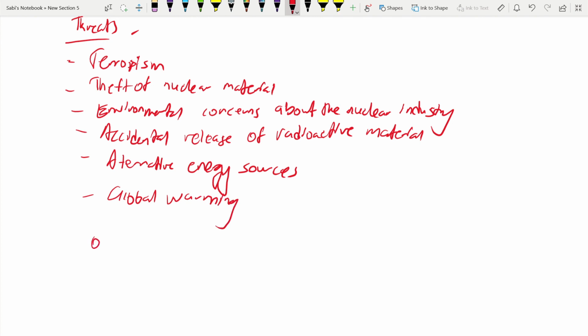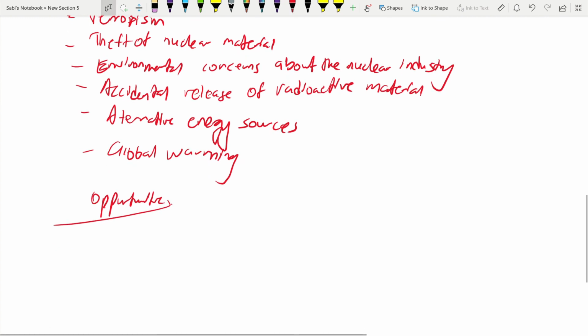Now let us go to the opportunities in the nuclear power station. What could be some opportunities? Again, new technology could be an opportunity. Okay, new technology to deal safely. There might be some technology which will help you to deal safely with it, and also permanently with radioactive